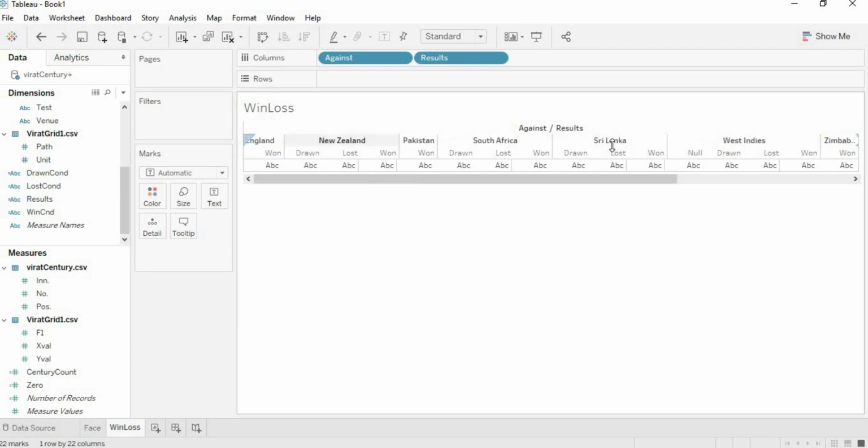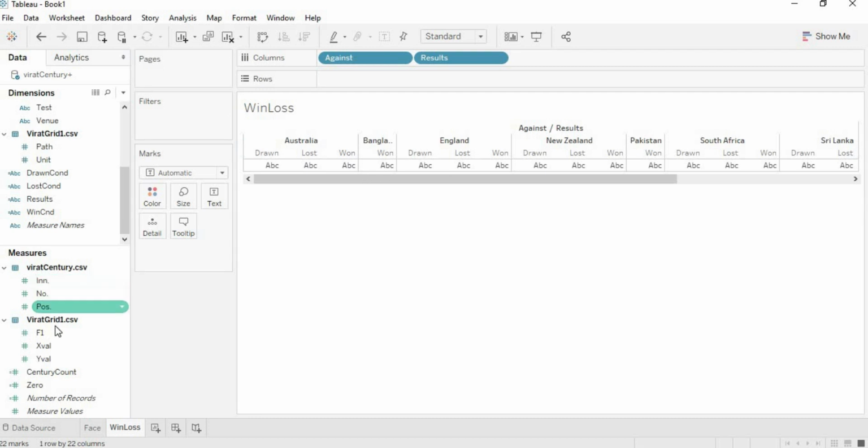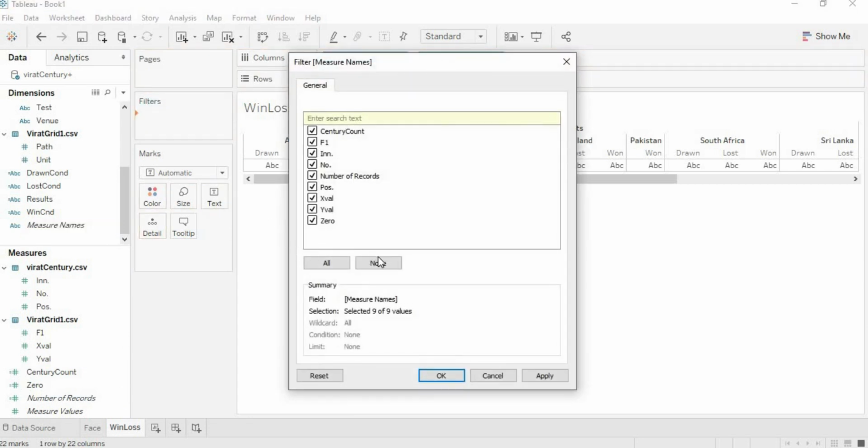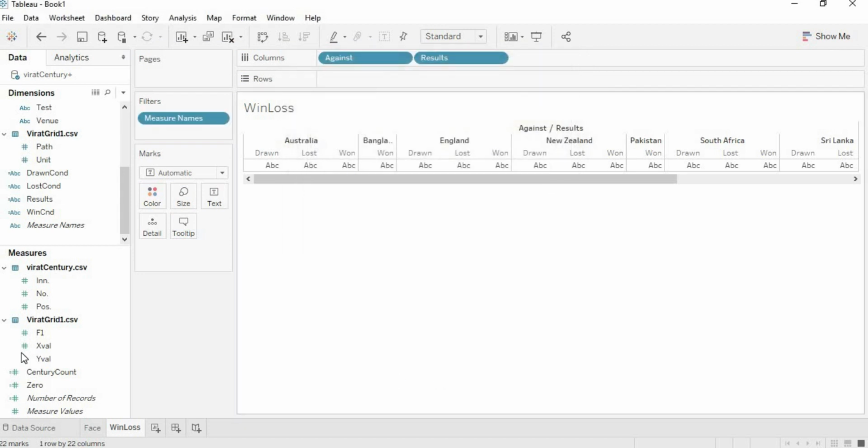I need to count the centuries that were hit by him when the match was drawn, lost, and won. For that, I will use measures. So drag and drop measure names, and select 0 and century count.